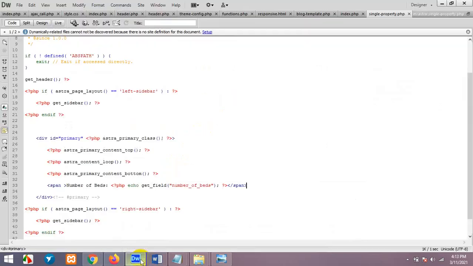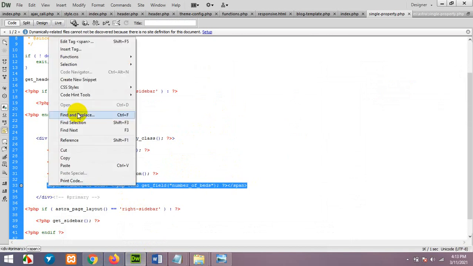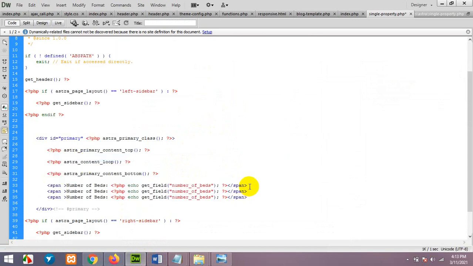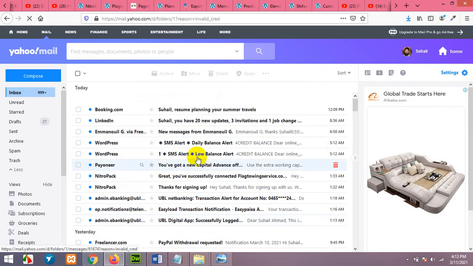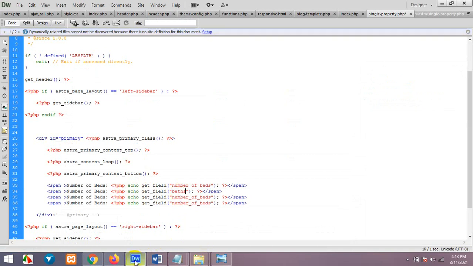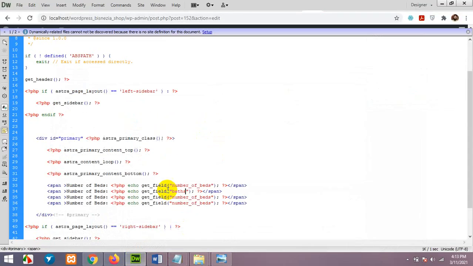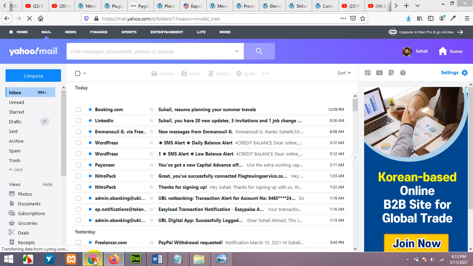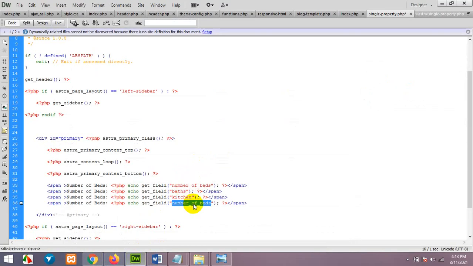Okay, let's copy this thing and add it 4 times and just copy these names like baths, then kitchen, then car park, and change the titles: kitchen and car park. Save it and let's check.